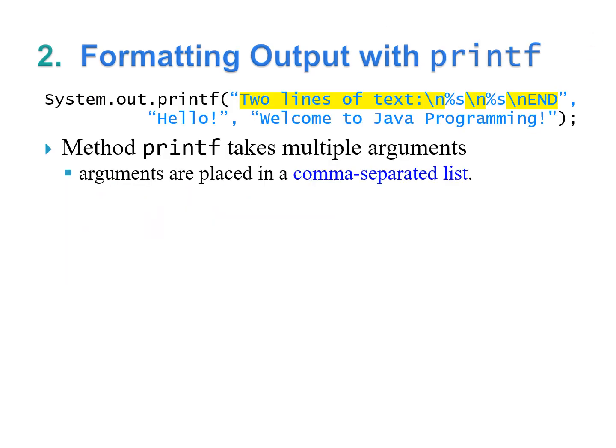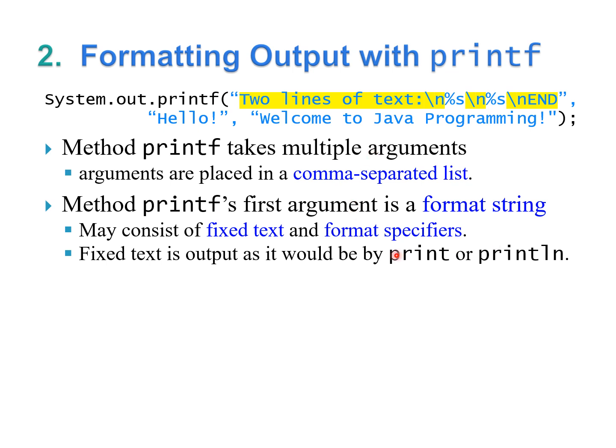Method printf takes multiple arguments where the arguments are placed in a comma-separated list. So in this call to the printf method, it takes 3 arguments. The first argument of the method printf must be a format string, which may consist of fixed text and format specifiers. The fixed text will be output as is